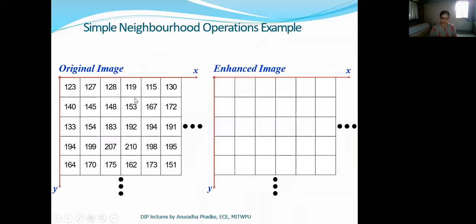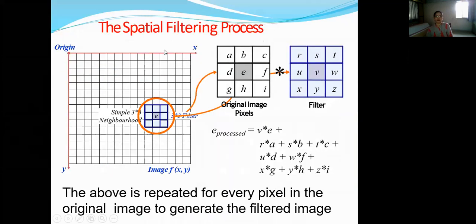So if you have an image as shown here, we consider the top left corner as the origin. Then along the x-axis, the column numbers are increasing, and along the y-axis, the row numbers are increasing. Okay, so if we want to apply a mask on the given image, we scroll this mask over the entire image.